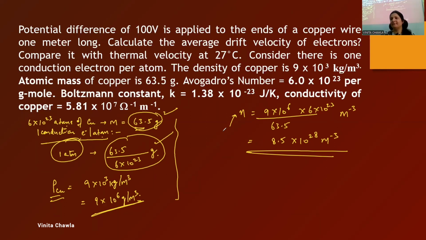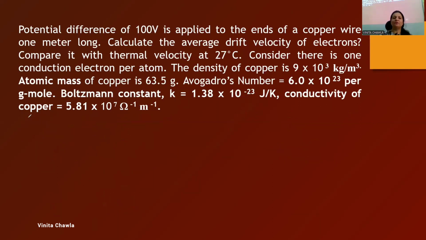ठीक है, क्लियर? नंबर डेंसिटी आ गया। शुड आई क्लियर दिस? अब आपने मुझे बताना, यू हैव रिटन एवरीथिंग ना, नाउ यू टेल मी द वैल्यू ऑफ J दैट वी हैव गॉट। 5.81 into 10 to the power 9 एम्पियर पर मीटर स्क्वायर। और उसके बाद क्या फाइंड किया था? नंबर डेंसिटी की वैल्यू क्या आई है? 8.5 into 10 to the power 28 per meter cube।